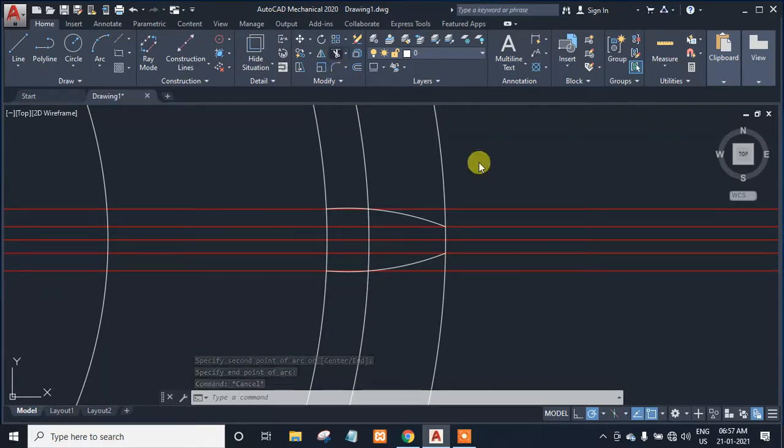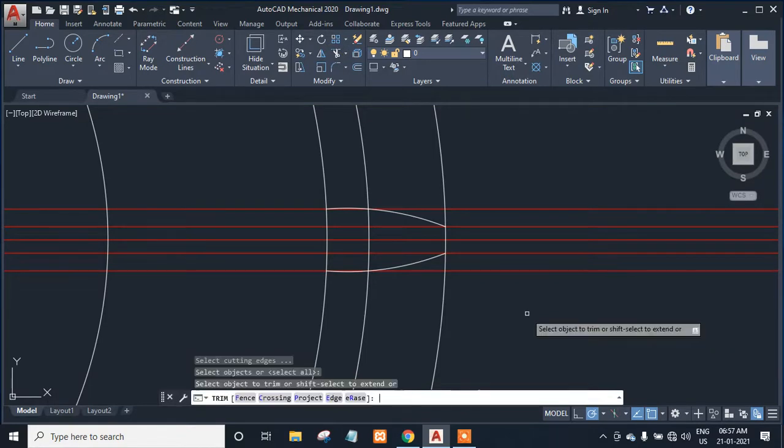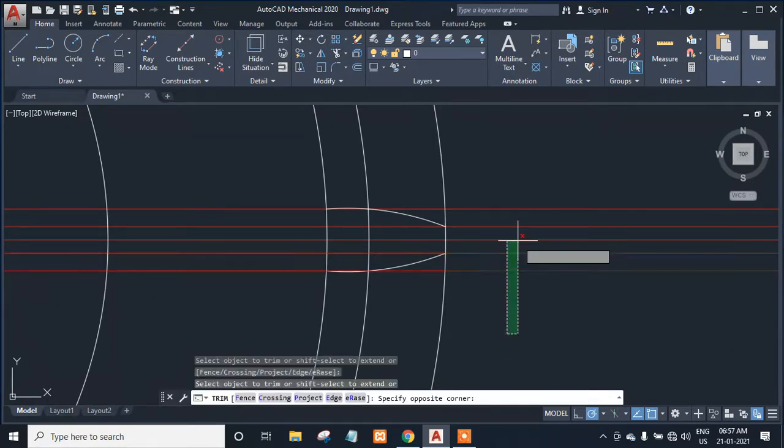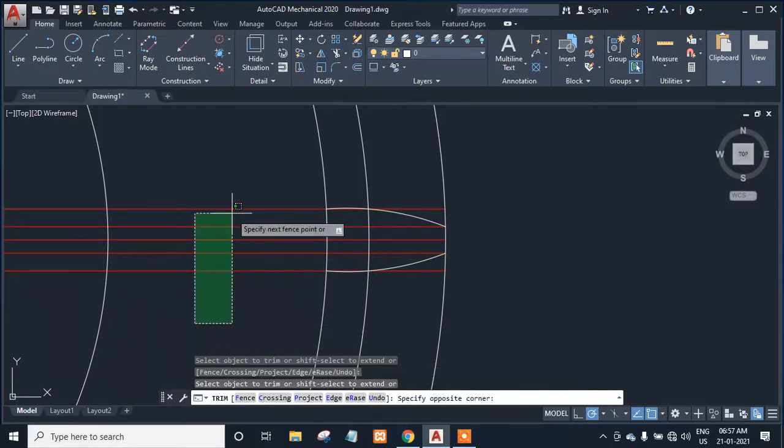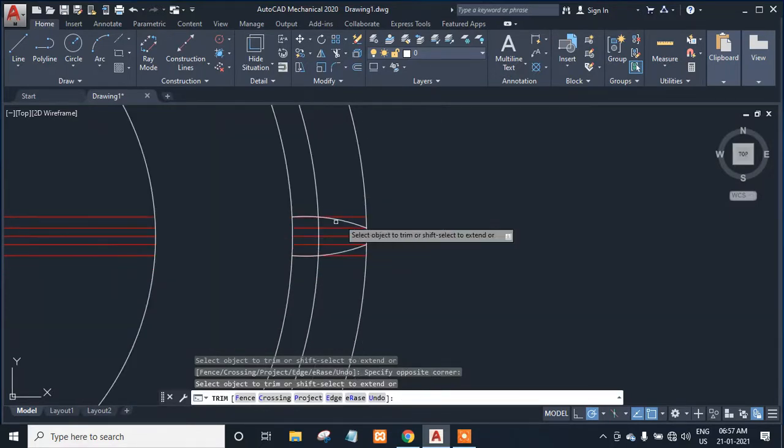So take the trim command and hit enter and delete this line. Okay, because there is no need of this line. You can also trim all the lines.